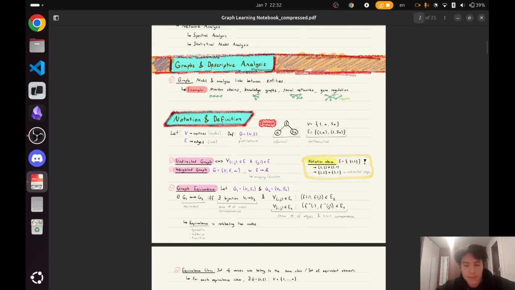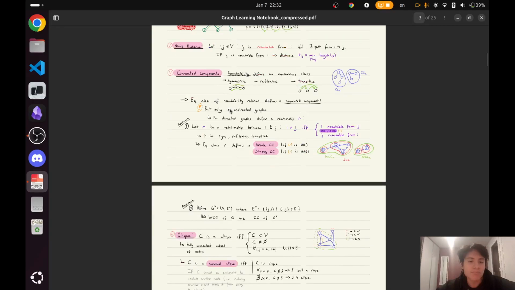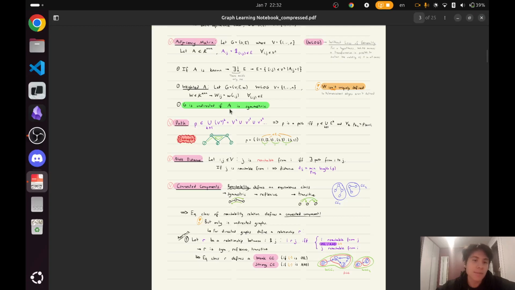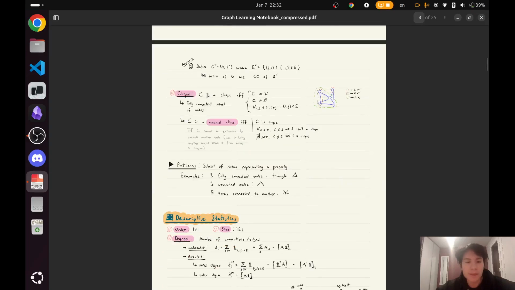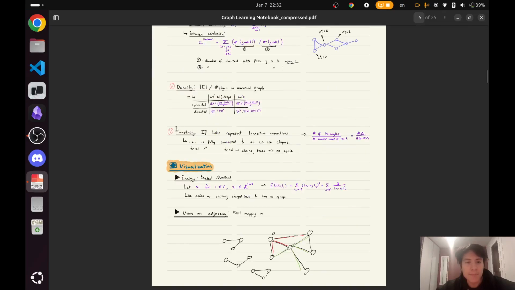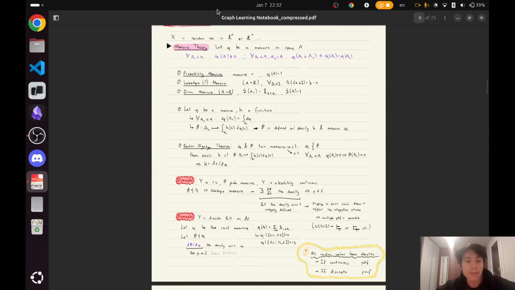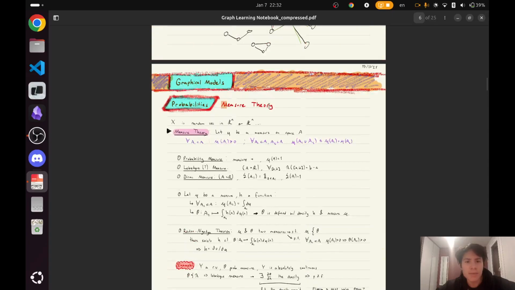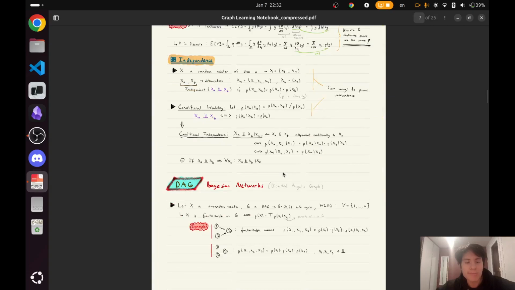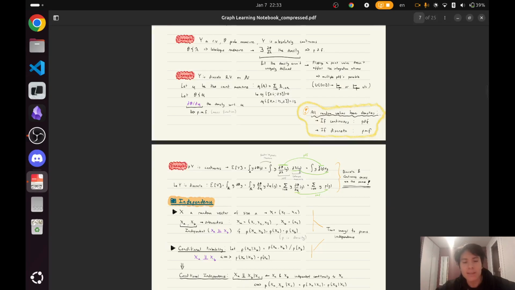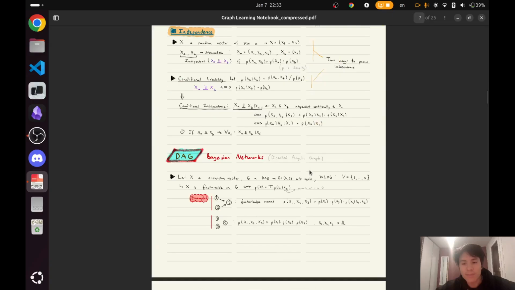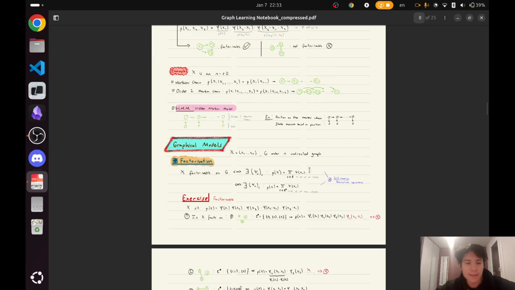So we know some basic statistical descriptors of graphs, right? For example, some measures like centrality, degree centrality, density, transitivity. How do we visualize graphs? We try out energy-based methods, etc. What else? The graphical models, right? A little bit of measure theory, which is the true mathematically formal justification, right? Then also graphical models